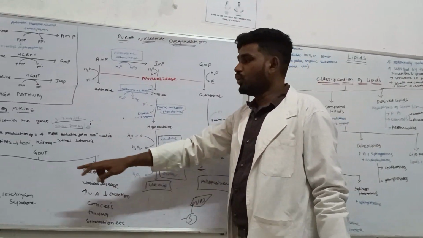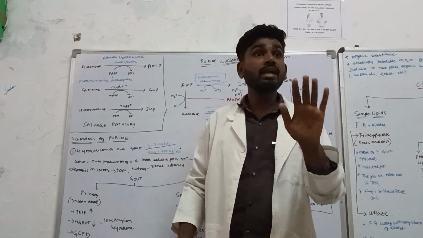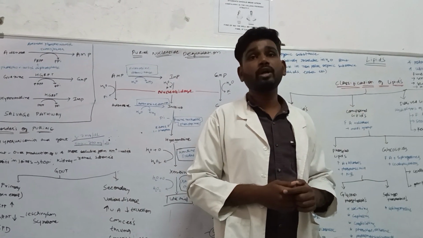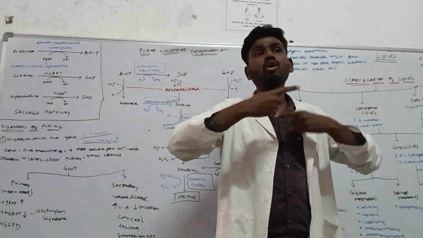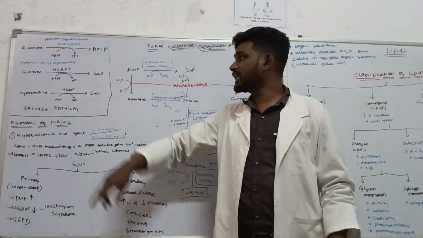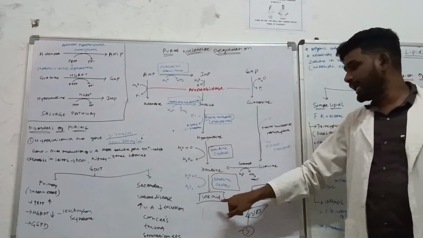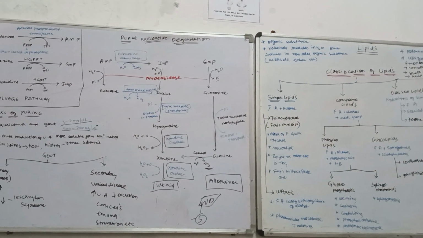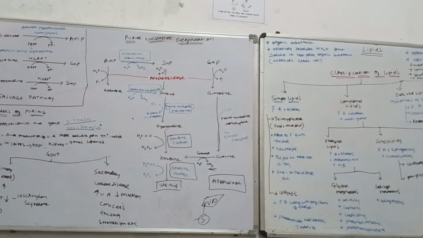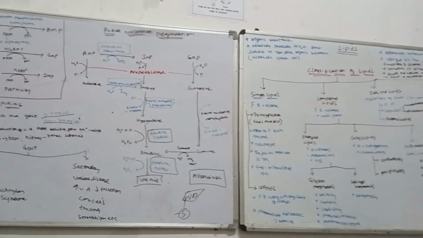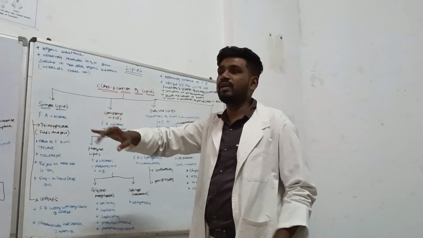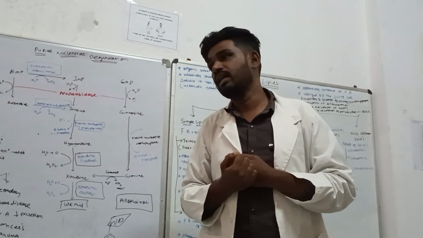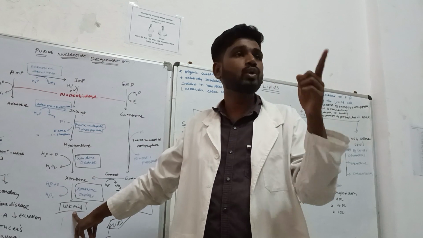So what is happening? Due to the genetic defect, your PRPP levels are going to increase inside your body. If PRPP levels increase inside your body, that means you need to utilize more amino acids. If more amino acids are getting formed, the AMP, GMP, the cycle, and the end uric acid are going to increase. अगर किसी के जेनेटिक्स में PRPP की कंसंट्रेशन बढ़ गई, तो PRPP को कहीं ना कहीं तो डंप करना पड़ेगा आपको. If it is not getting dumped somewhere, it started working on your proteins and trying to get out the nitrogenous bases from there, leading to the unnecessary elevation of uric acid inside your body.